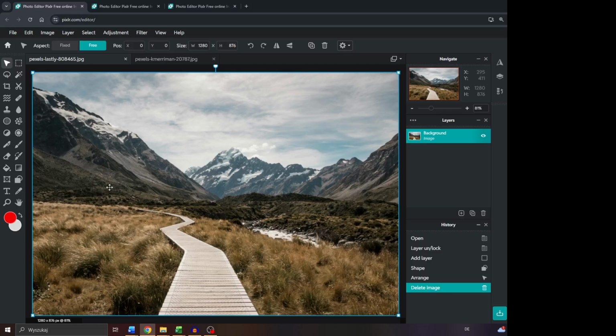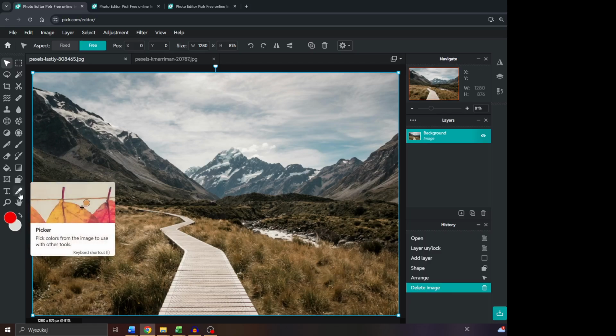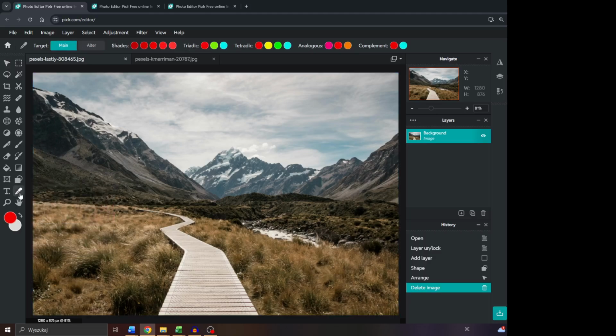All you need to do is simply use the color picker tool here to the left. You may also use the shortcut I for that. And after that, simply click into the position of the color. As you can see, the cursor will change its color to the color of the given area. So it can go with this color, and after that, the color will also be applied to that color tool